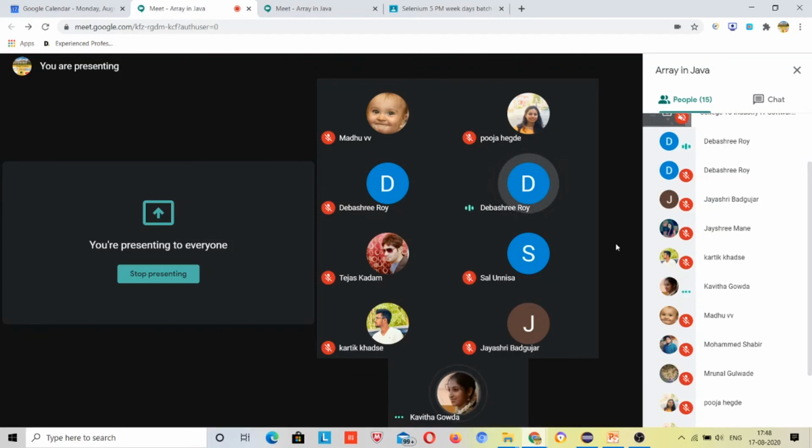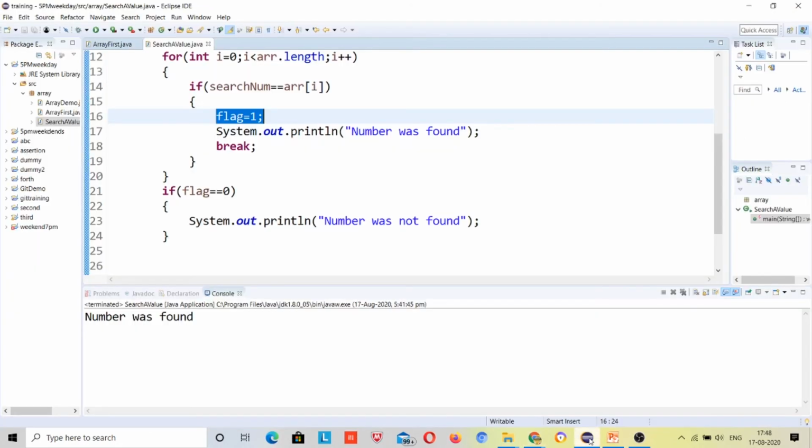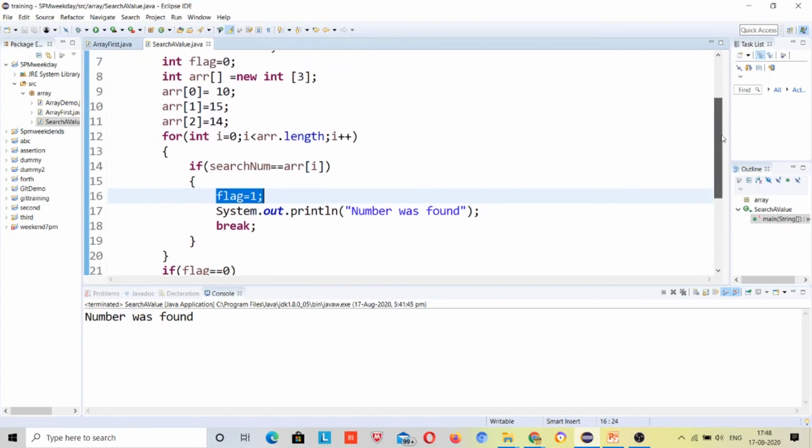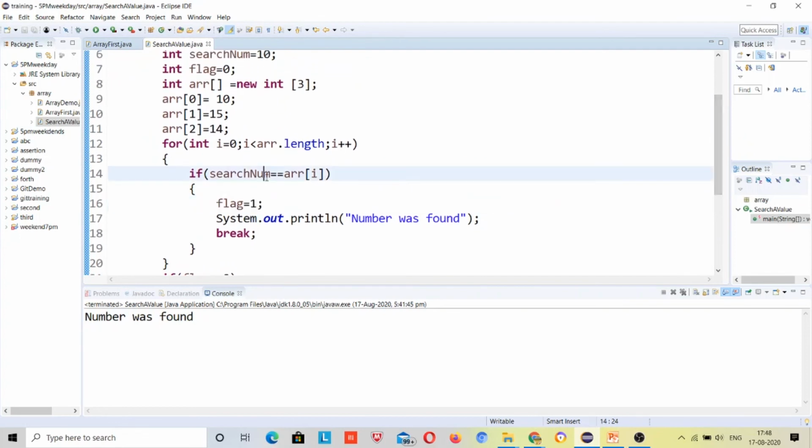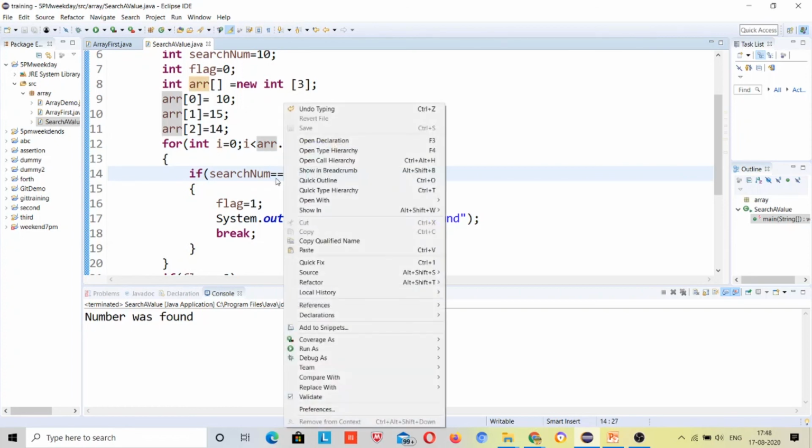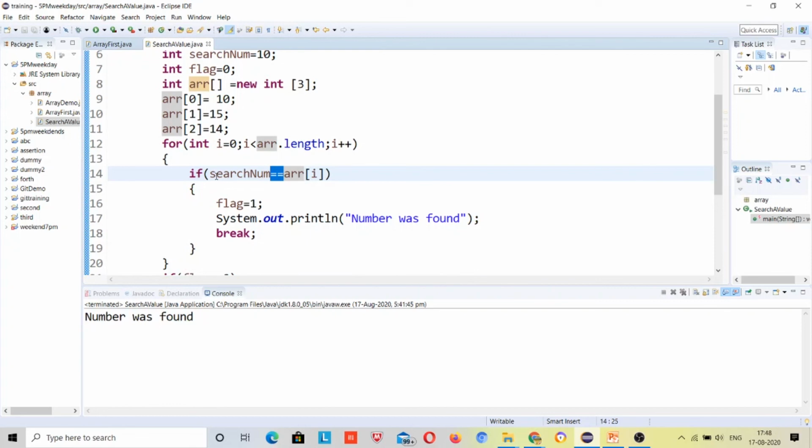Sometimes you use a single equal to sign and sometimes you use a double equal to sign. So how do we figure out when to use a single equal to sign and when to use a double? When I am comparing something inside the if block, then I use double equals to, and single equals to is the assignment operator. This single equals to means assignment, this 0 will be assigned to this i, right? But when I use double equals to, it compares values, and this double equals to is used inside the if block only.